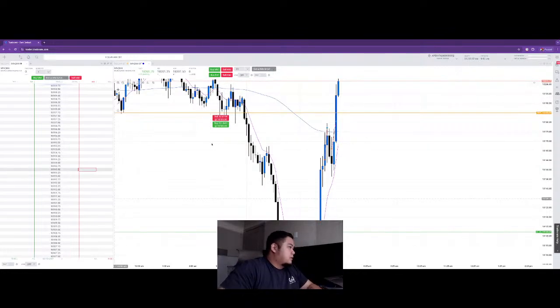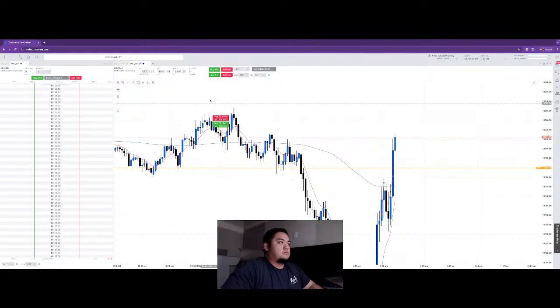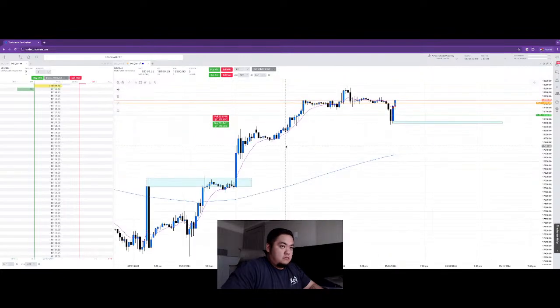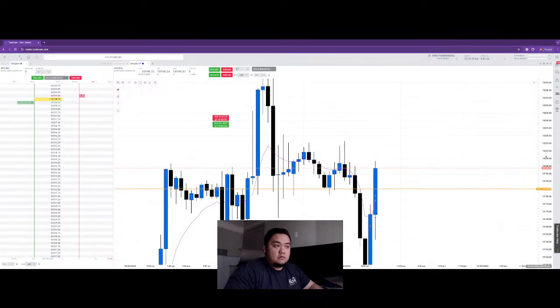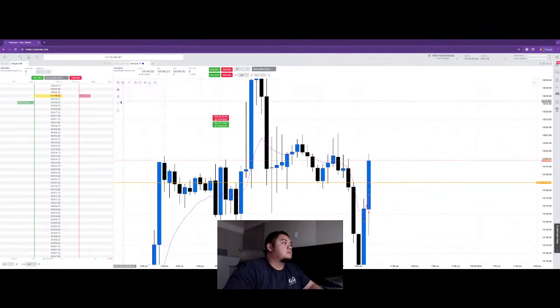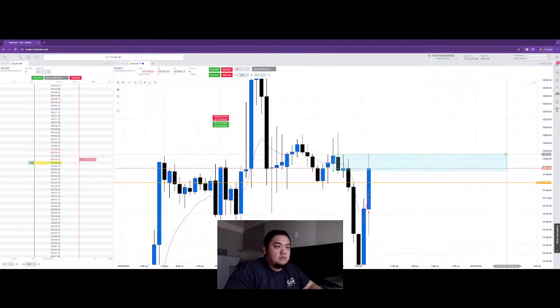So I entered a second position, so I am in drawdown. For the first position, I'm in drawdown 300 right now. The second position that I entered, I'm up $56 right now. And we're gonna see what happens. I entered towards the top after that big candle. It's usually like that, like I was saying, a big solid push up. And then I like to see that rejection. So when I saw that rejection is when I entered that second position.